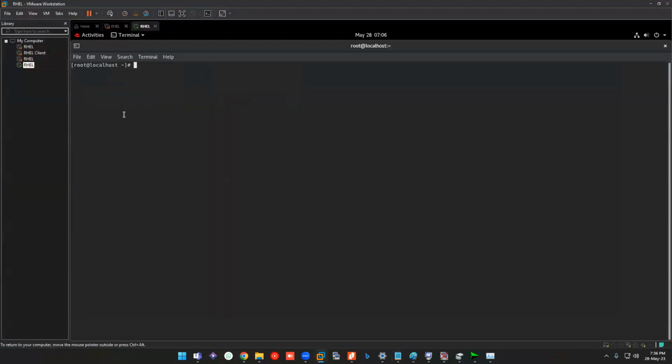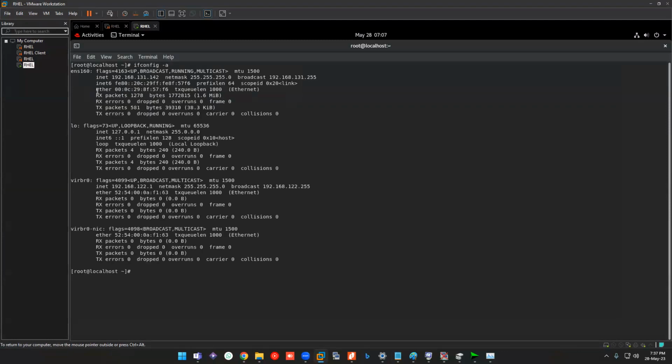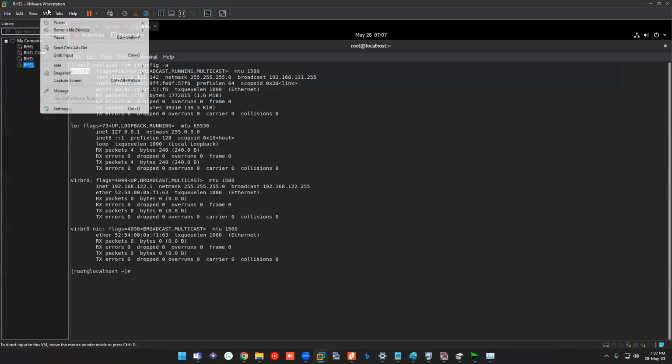NIC is nothing but network interface card. So with ifconfig -a, you have one NIC card which we configured in this VM.